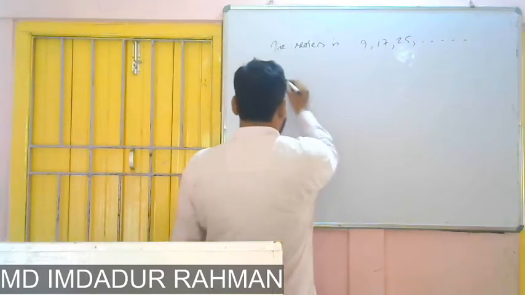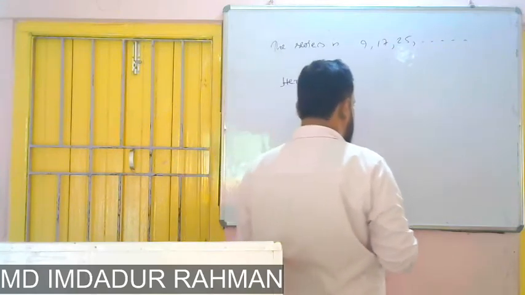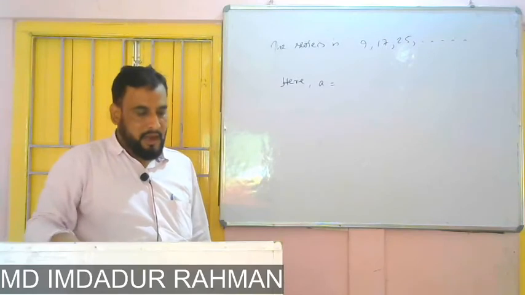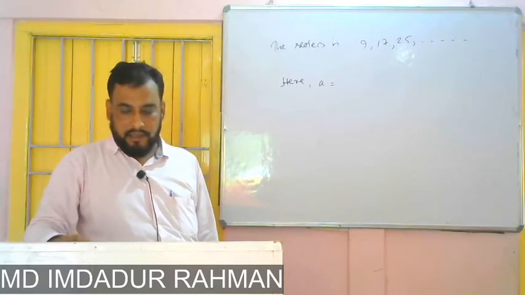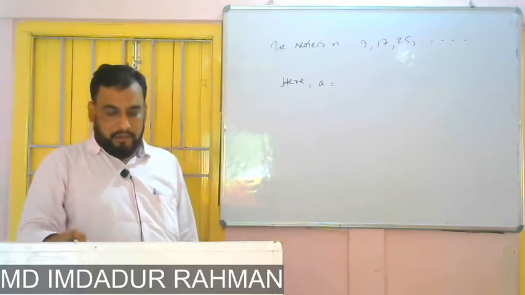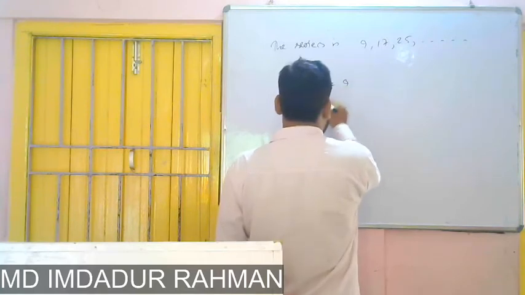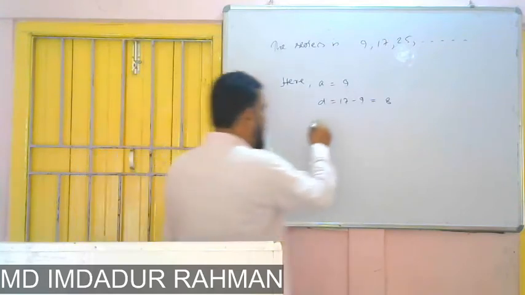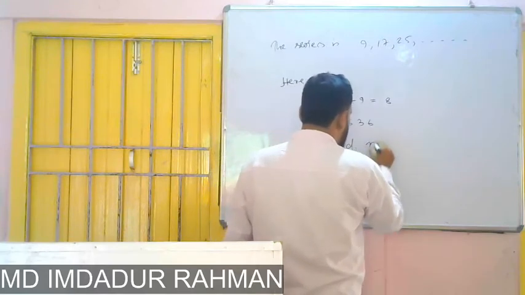Here the first term a is equal to 9, d is equal to 17 minus 9 is equal to how much? 8, and Sn is equal to 636. To find out n,